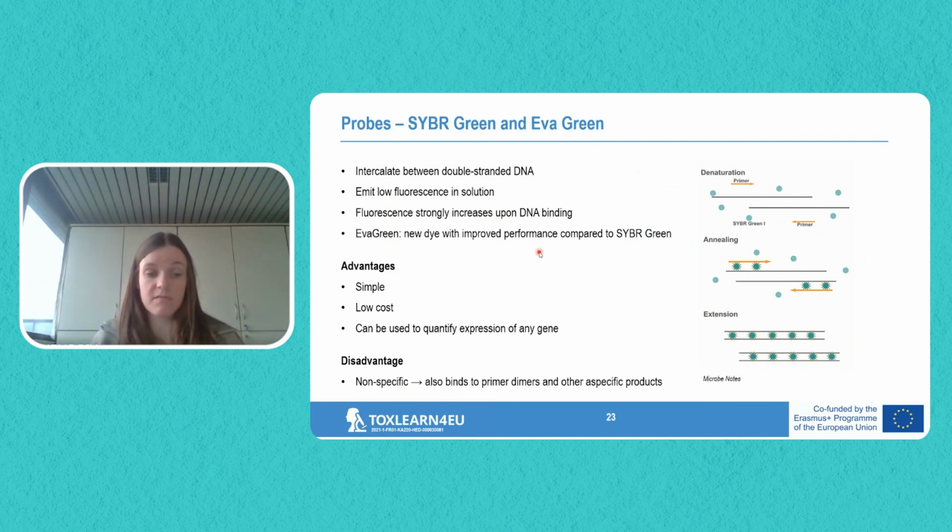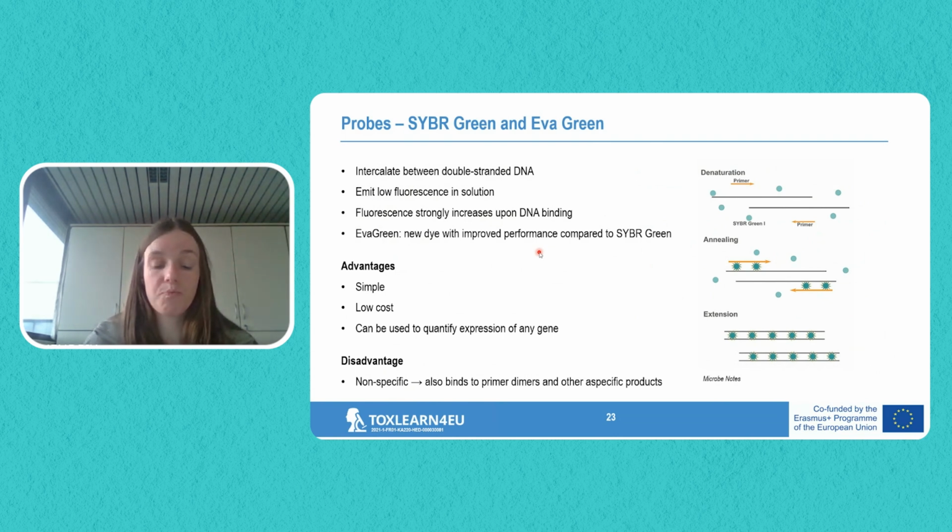However, the main disadvantage of this specific probe is that it's non-specific. So this means that it will not just bind to the product that you want to amplify, your amplicon of interest. But for example, when you get the formation of aspecific products, and these could be primer dimers, for example, SYBR Green will also intercalate, will also emit fluorescence, and as a result, the qPCR data that you obtain might not